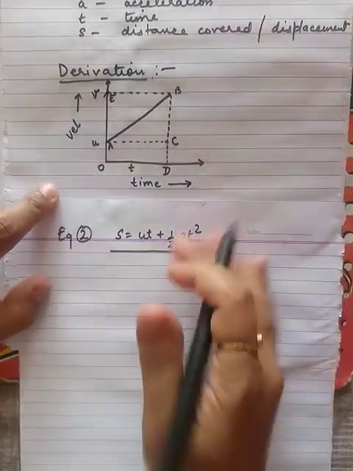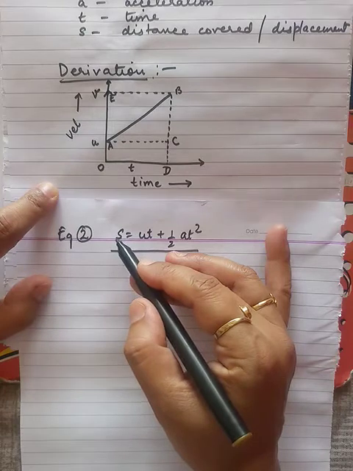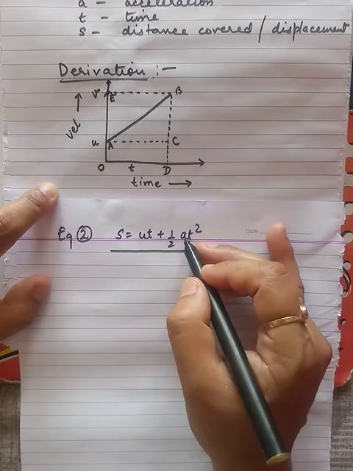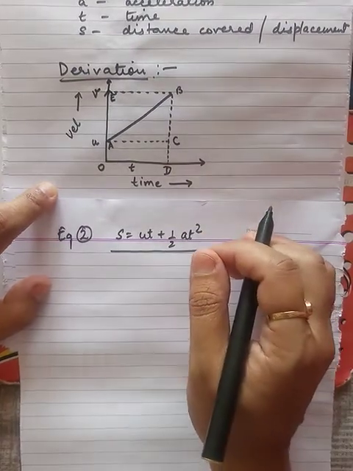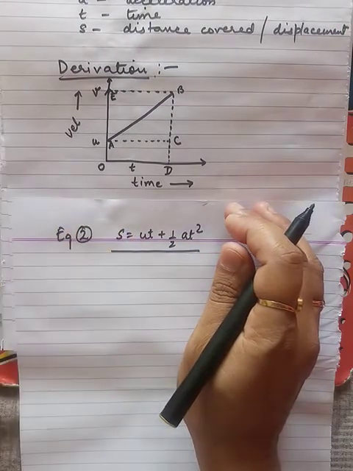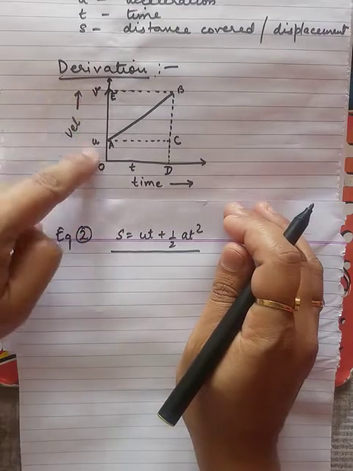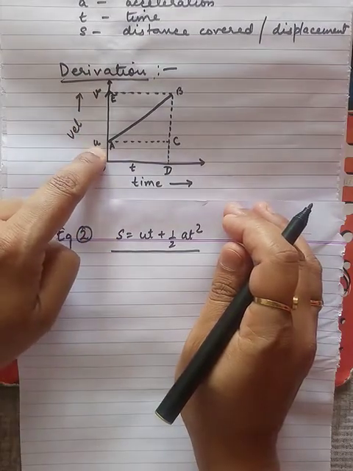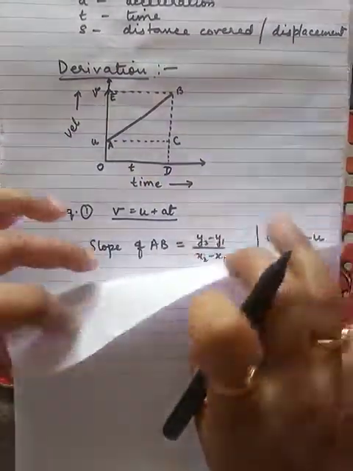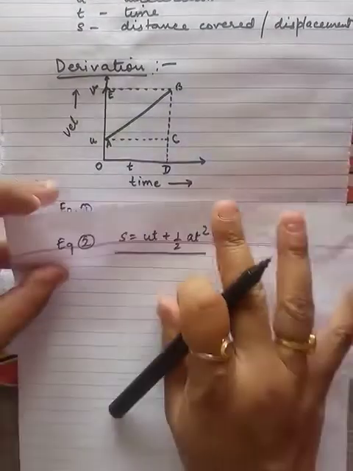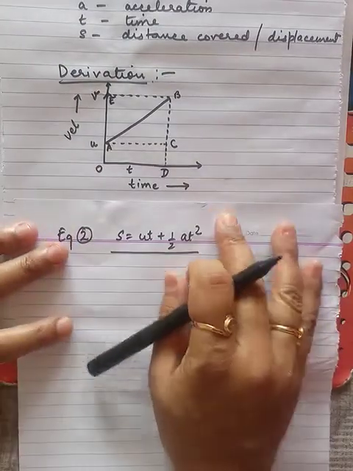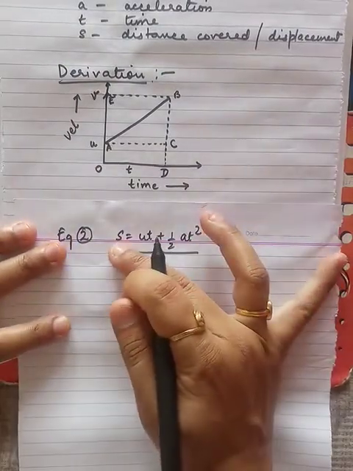Now in this equation we have distance or displacement, you can say, and we have initial velocity, time, acceleration, and then again time. Time, acceleration and initial velocity, we have these values in the graph, right? Where u, initial velocity, time, and acceleration from the slope in equation number 1 we have found. So all these values we have. Now what is to be found? The value to be found is S, that is displacement.